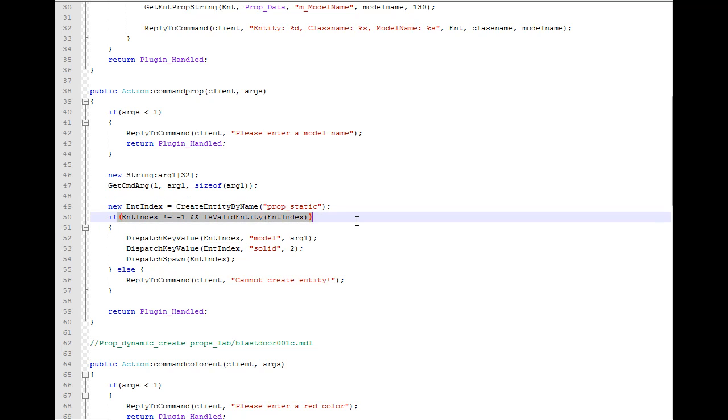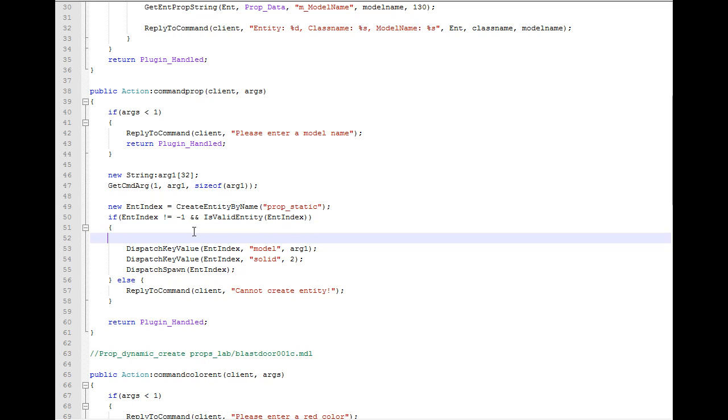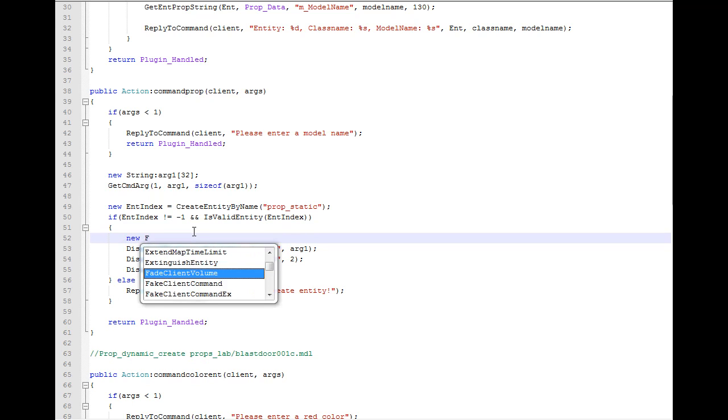It's gonna check if this is a valid entity, the one that we created, and if it is, then we want to set this output or key value and this key value, and then we want to actually spawn it into the game. Actually, I forgot something. Okay, so, new float,